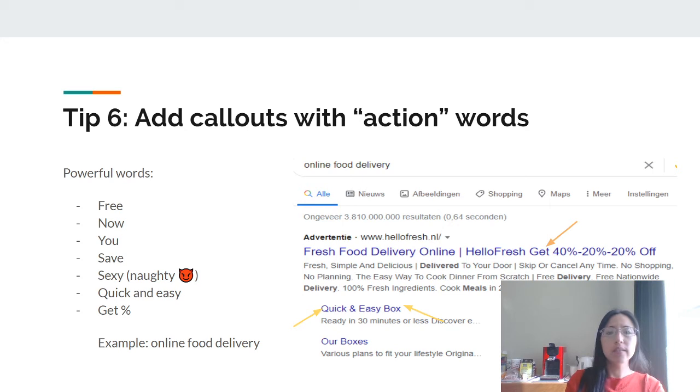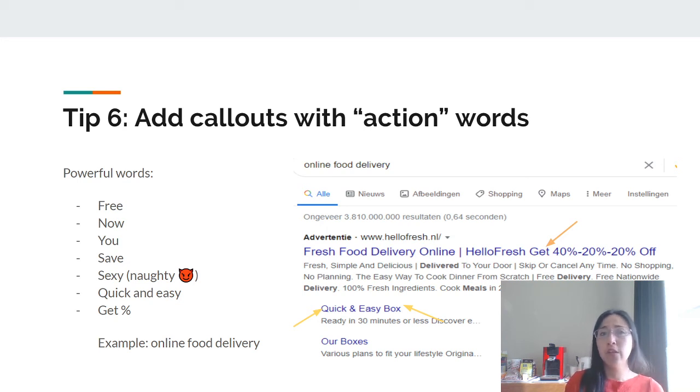Now, in this tip, I want to make sure that you understand why action words are useful. So psychologically, we're all drawn to ads that call attention, right? So for example, we all like free stuff. You save time, save money, or even naughty words such as sexy.